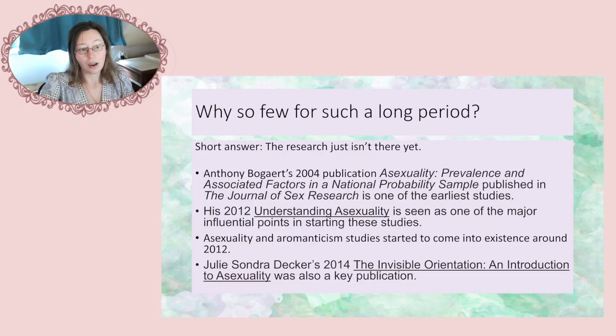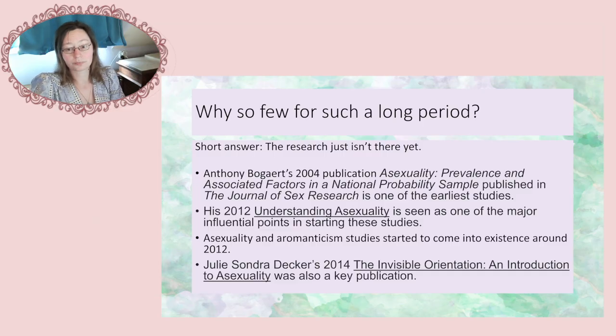So, why are there so few titles for such a long period? Because at the shortest, we are going from 1430 to 1970. That's like 500 years. So why are there only like 5 titles? Well, the short answer to this is we just don't have the research. Asexuality and aromanticism studies, which in academia is generally called asexualities studies, did not exist